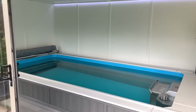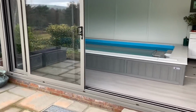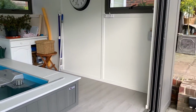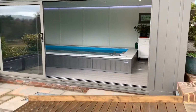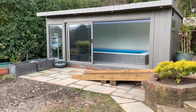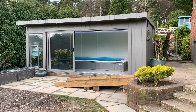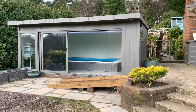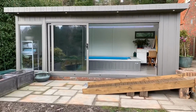If I now just pan back and pop back out again, let's open those tri-sliding doors fully up. It gives you a good feel of the option there. Right, okay, if I pan back, so there we go. The tri-slider open, you see there's no gather of door, they've all slid over. Now these are only open in this single way, but we can actually get them to slide both ways. But in this instance, we knew we were always approaching it from the right hand side, so we've only made the sliding doors open to the left, and then with that full drop window next to it,